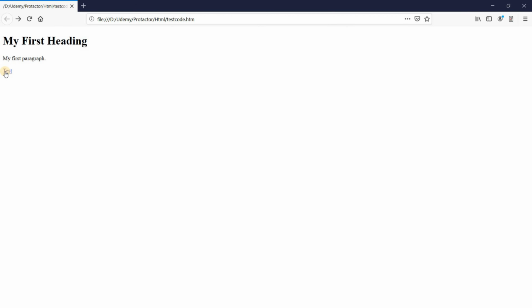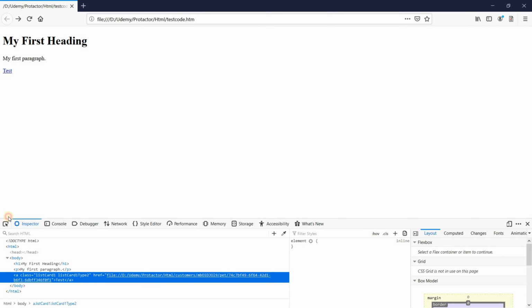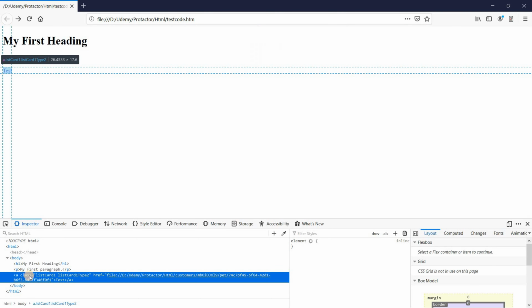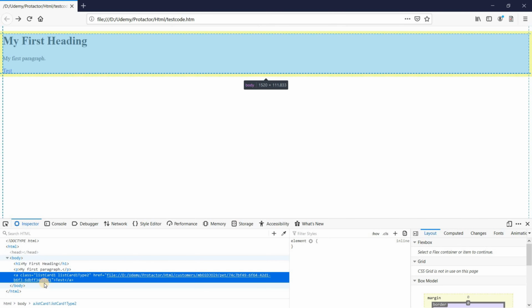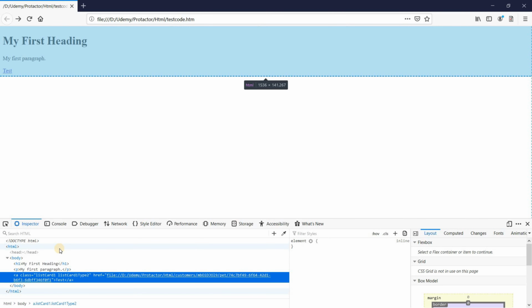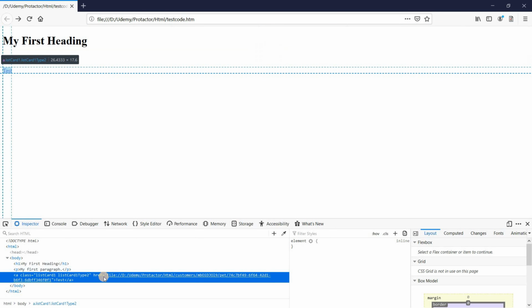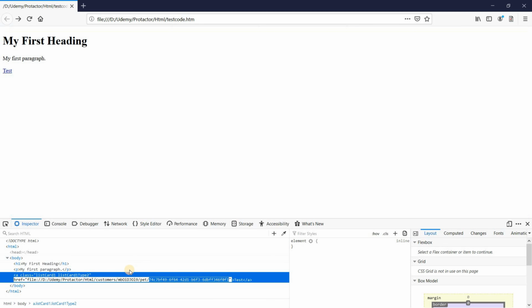So we will open this web page, and on the text we will inspect the elements. Once we inspect the elements, we will hover over the text, and we can check that in the class we have the class name and an href with some values. So our main target will be using the get attribute. We will fetch the value of href, from this file to this f1, and using the substring functionality we will extract only this value, 74.